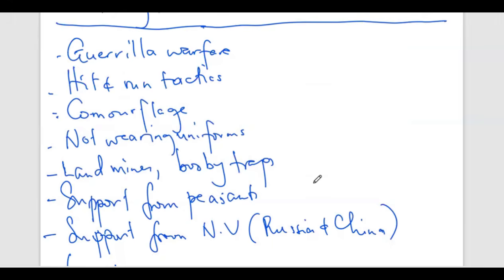And these tactics were very effective to the extent that they ended up winning the war against the mighty Americans. So what was it with the tactics that made them succeed? The guerrilla warfare. When we're talking of guerrilla warfare here, we are saying they were avoiding face-to-face fights. They avoided at all costs to face the Americans. They would attack from unknown angles and would disappear. And they were fighting in small groups.